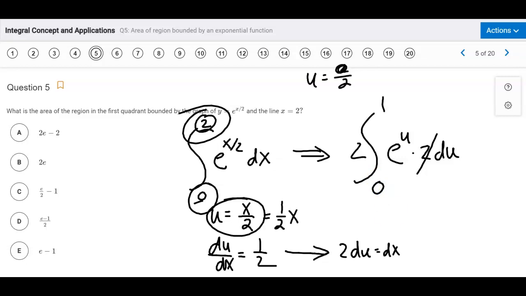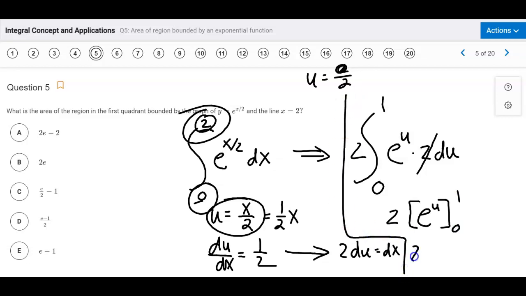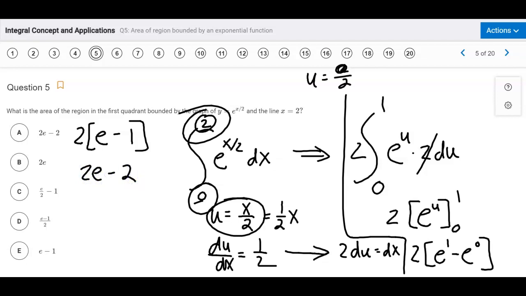Now the integral of e to the u is, of course, e to the u. And then we're ready to go ahead and apply the fundamental theorem of calculus to this. So we have 2 brackets e to the u minus e to the 0. All right, and so right now we have 2 e minus 1. E to the 1 is e, and e to the 0 is 1. So we have that, and if you just distribute, you've got your answer there, which would be option